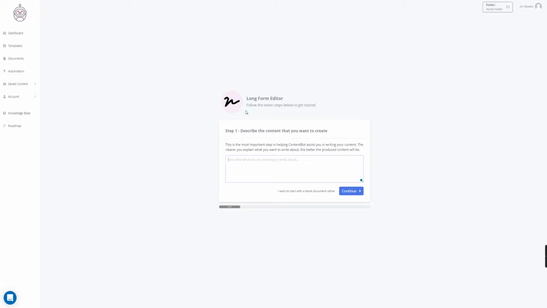Okay, so step one. First of all, I'll say I really like the user interface. It looks really nice. It looks like a really premium tool, right? And it says step one, describe the content that you want to create. This is the most important step. Okay, so